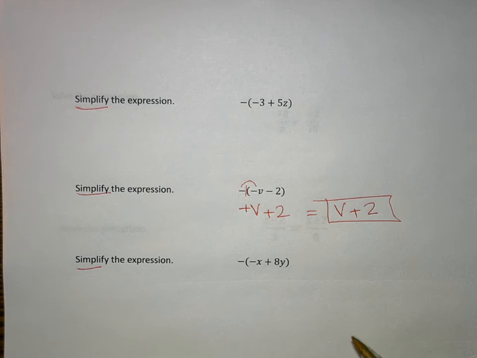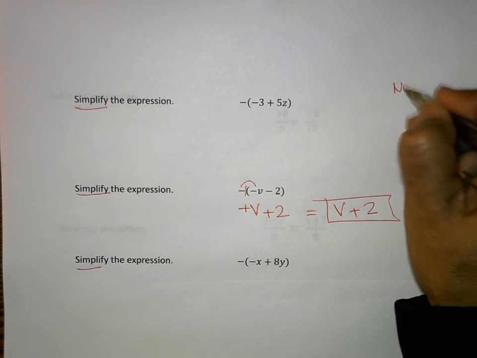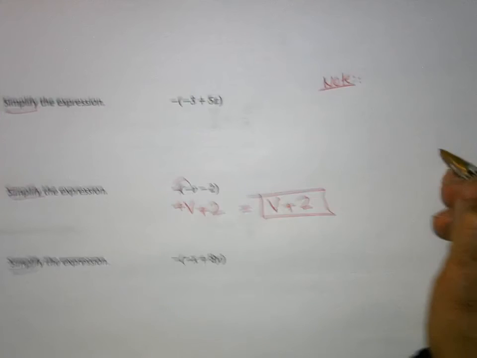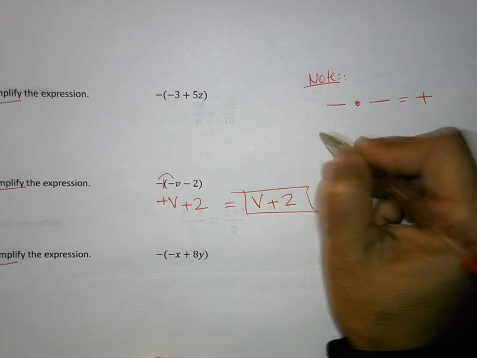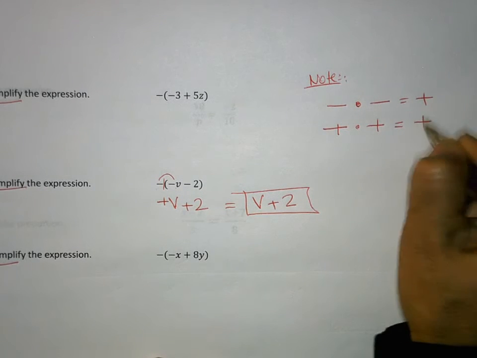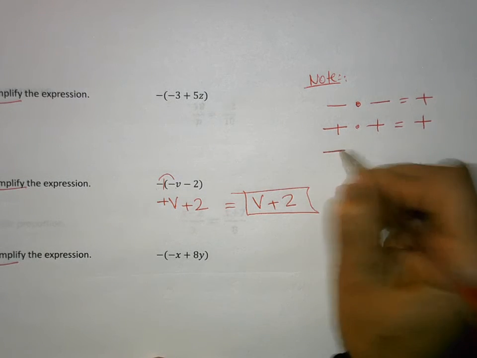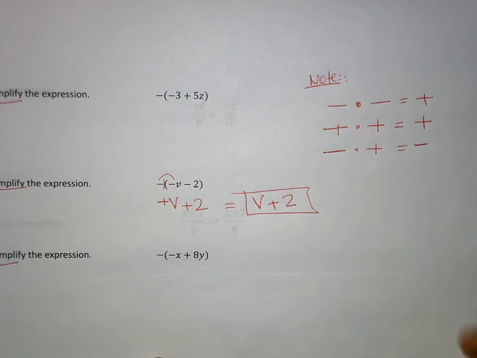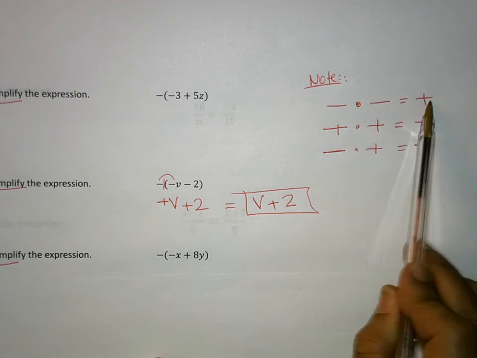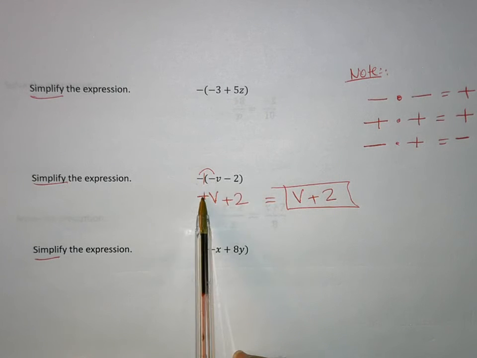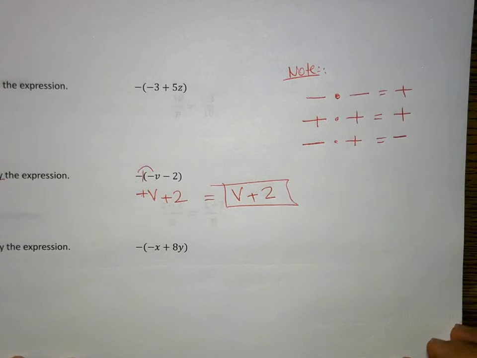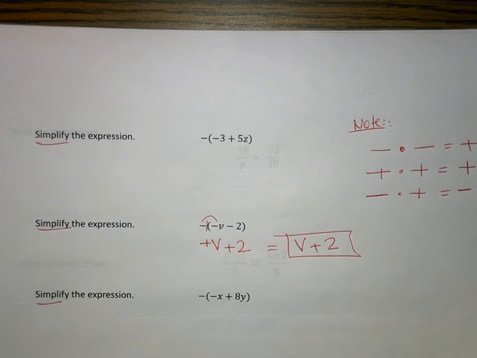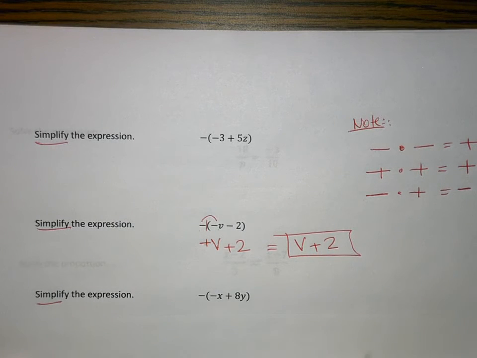So practice that negative times negative. Remember, another nice little note that I gave you at the very beginning. A negative times a negative is positive. A positive times a positive is also positive. The only difference is when you get a negative times a positive, that's when you get a negative. Okay? So when they're the same and they're multiplying, you get positive. So negative times negative is positive. Okay? So remember this little rule of multiplication. This is for multiplication, not for addition. So I'm pretty sure you can use your same little skills here to solve these other two simplifications. Okay,